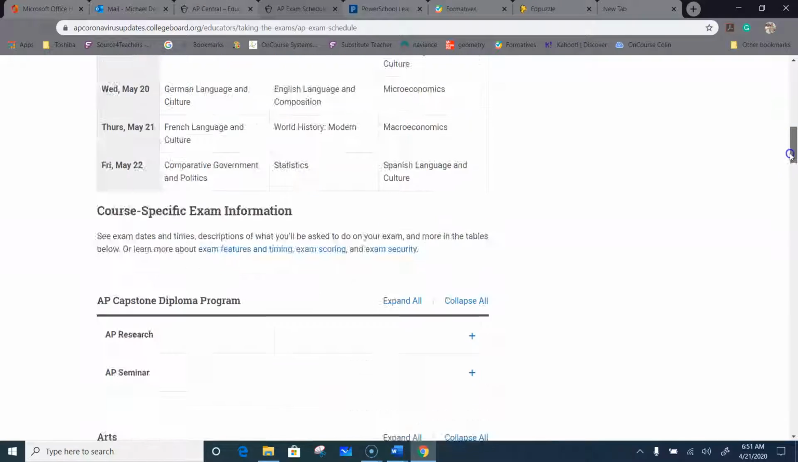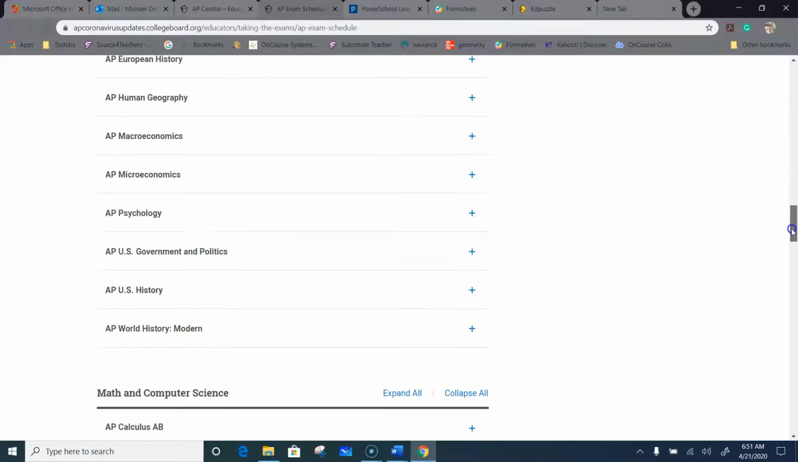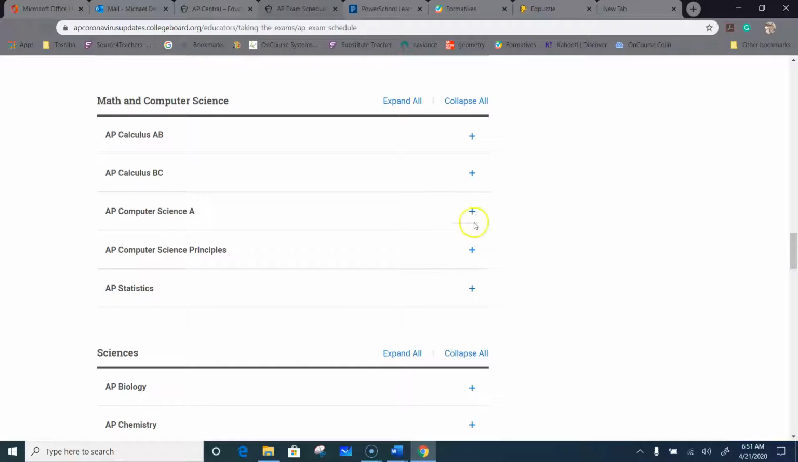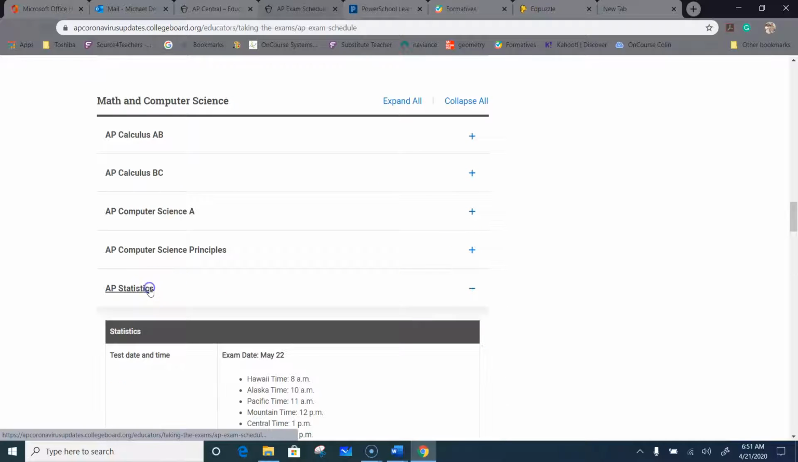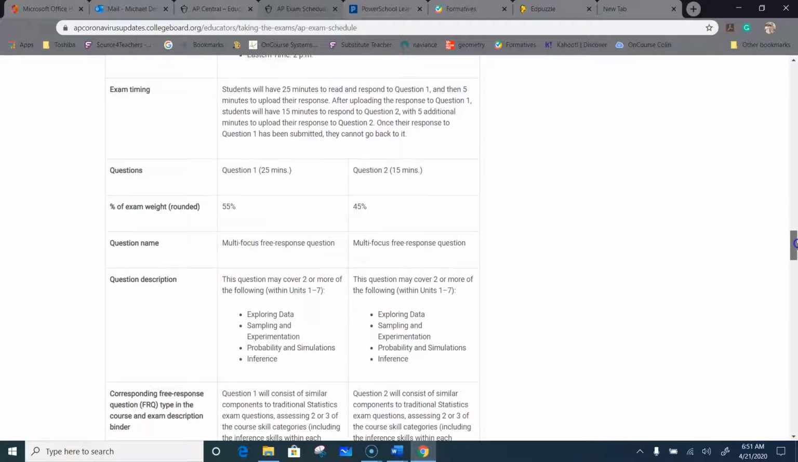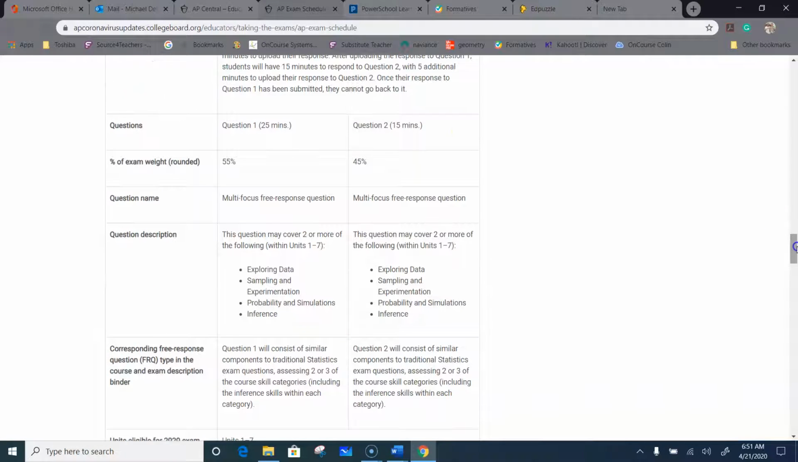Okay, so you have your schedule, and then as I come down here, I'm going to look for math. Some of you are taking several of these exams, so you can do the same thing for any exam that I'm going to do here. So you get the test date and time, but what I'm really interested in here is this. This tells me a lot,